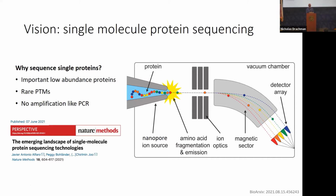Well, these past 2 days, we've heard about some remarkable and impressive progress on sample preparation and data acquisition and analysis pipelines for single cell proteomics. But there are still some problems that conventional MS proteomics will never be able to solve. For example, there may be some biologically or clinically relevant biomarker proteins, or PTMs, that are present in as few as 10 copies per cell. And with no way to amplify these proteins, we need to be able to sequence them at a single molecule